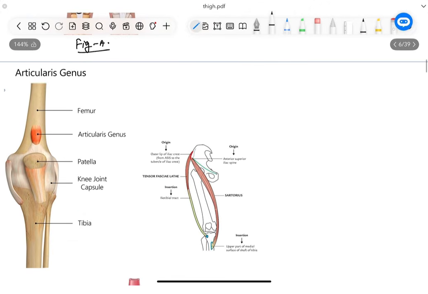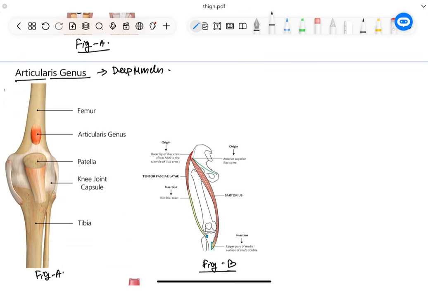Now come to the next two muscles. One is articularis genu, another is tensor fascia lata. Let's denote them as figure A and figure B. First I am going to talk about a very small and the deepest muscle of the anterior compartment of the thigh. The name of that is articularis genu. Keep in mind, it is the deepest muscle, and it has 3 or 4 muscle slips,